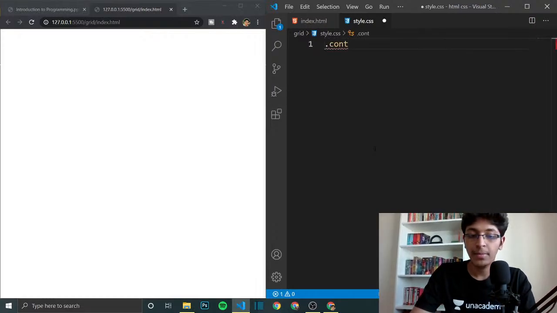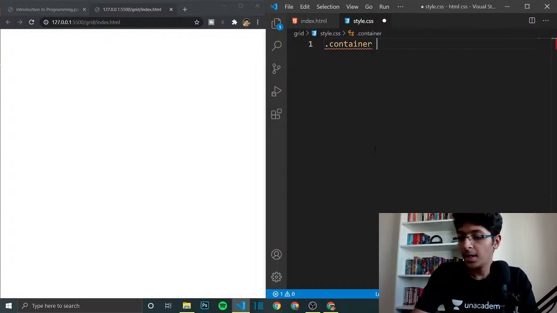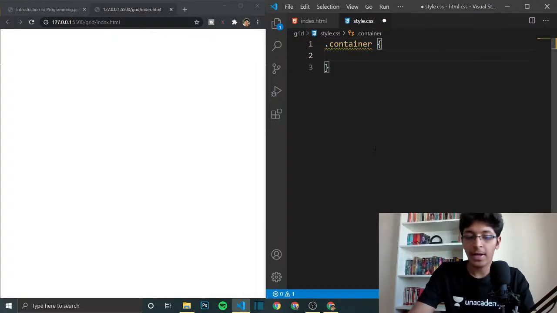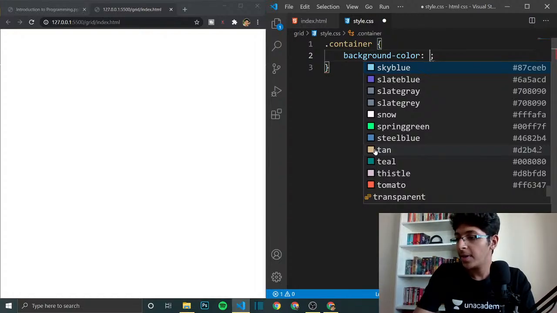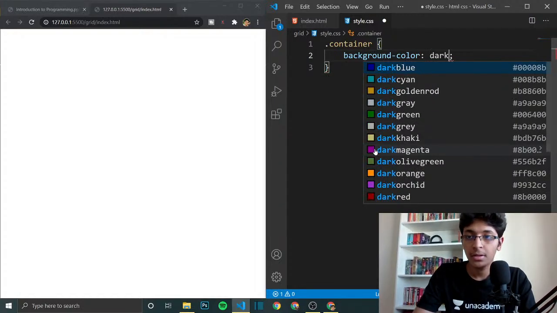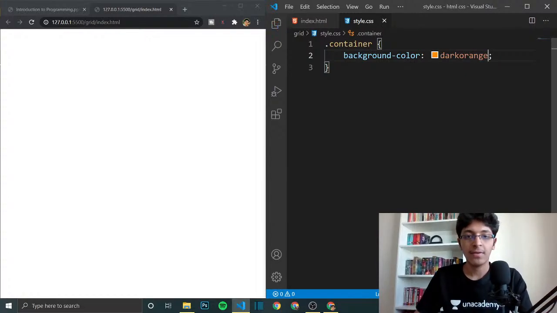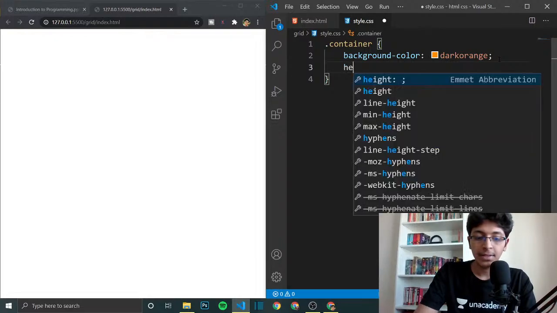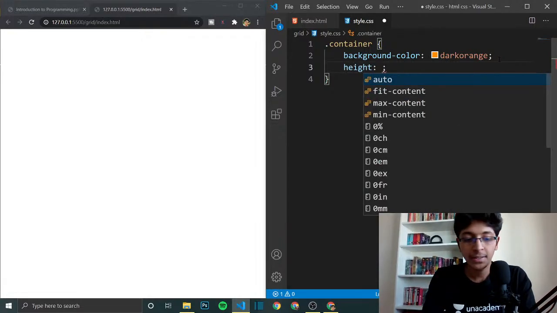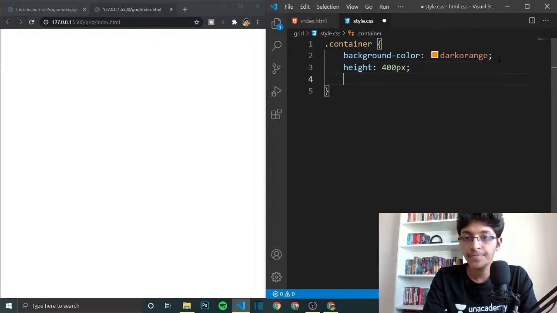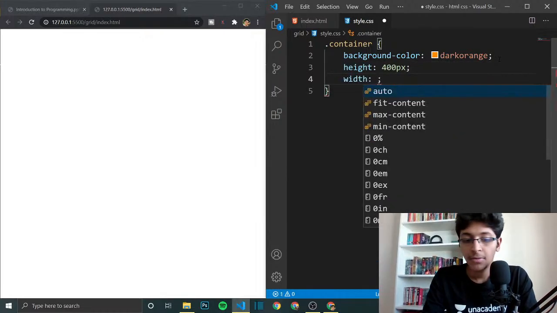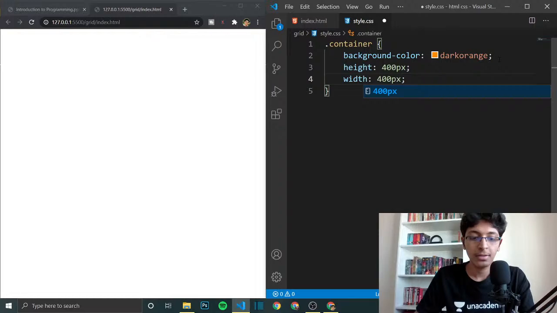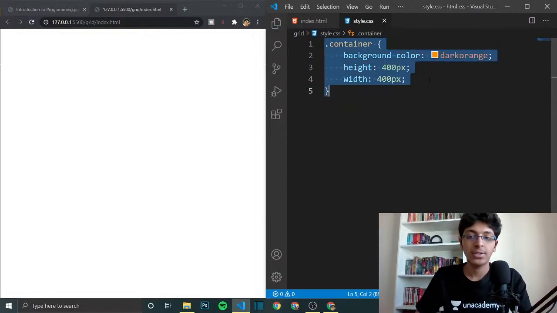I can just do a very basic container, and in this container I first of all want a background color, and I'll make that dark. You know, let's just go with dark orange. Save that. Nothing really has happened. What we'll now do is create its height. So height can be, let's just go with 400 pixels, and the width would also be 400 pixels. So it's like a box. Save it, and now you should see